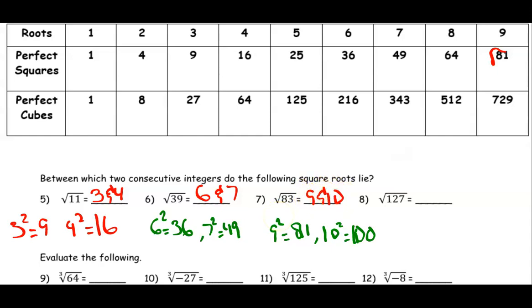And when we say consecutive integers, we mean the numbers right after one another. Like 1, 2, 3 are a set of consecutive integers. 6, 7, and 8 are a set of consecutive integers. For the last one, we want the square root of